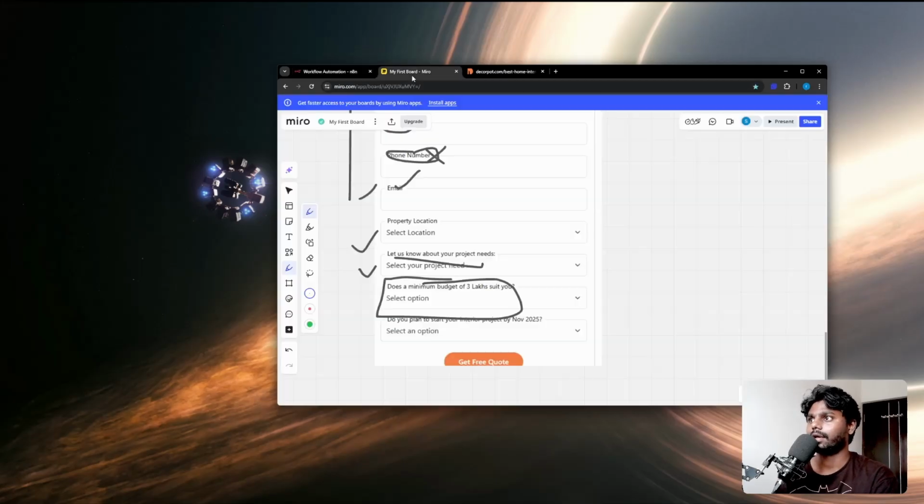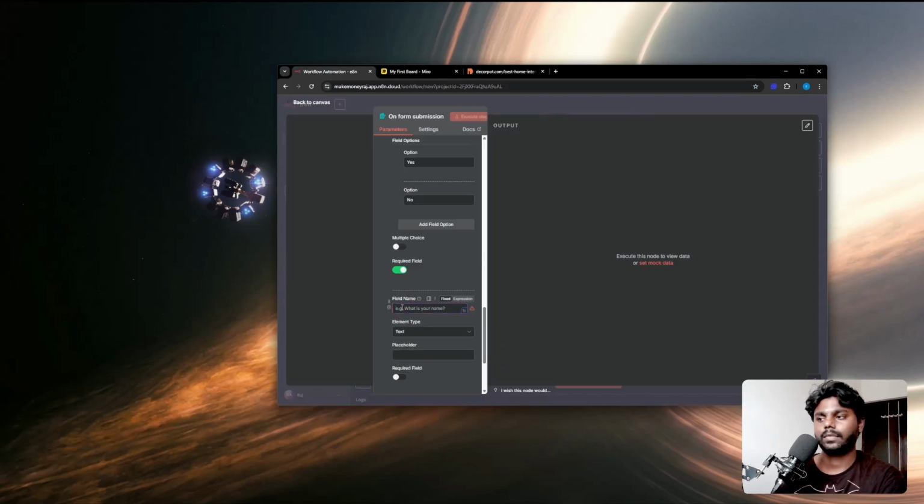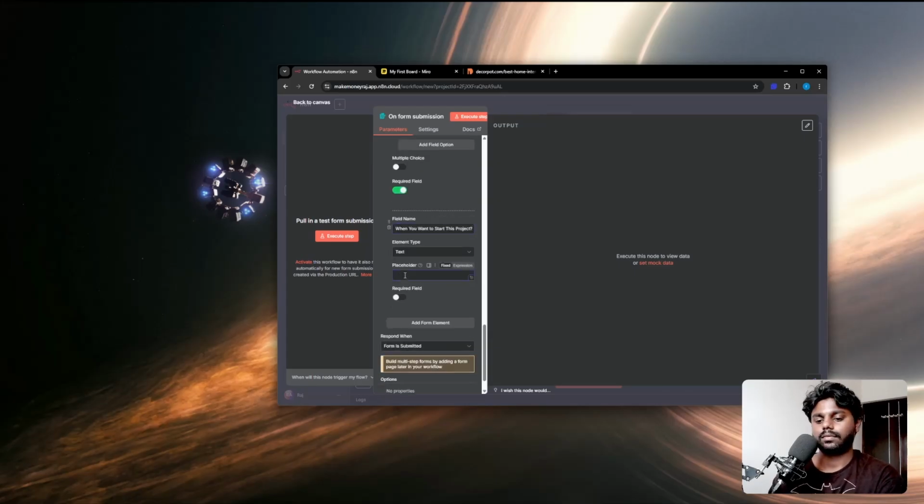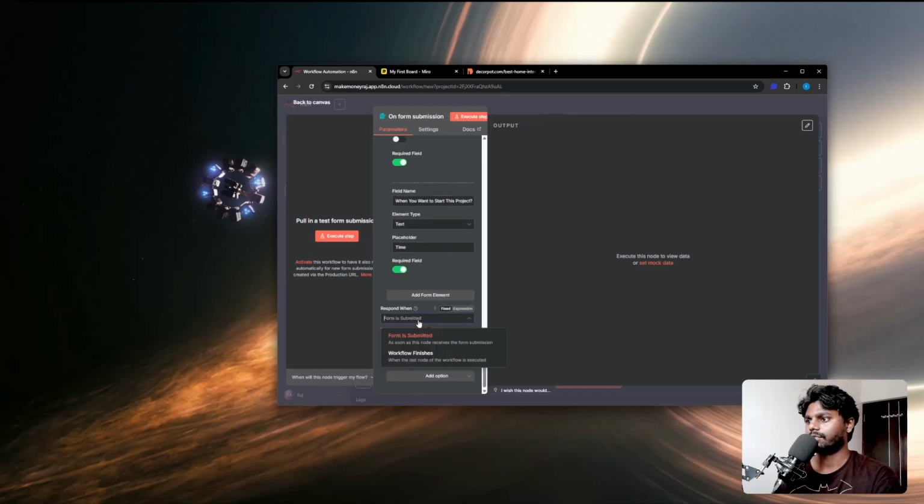Add form element, and then in the board. So let's just say, do you plan to start your project? Okay, when you want to start this project. This is a required field. So that's it. Response when form is submitted. So let me just execute this step,